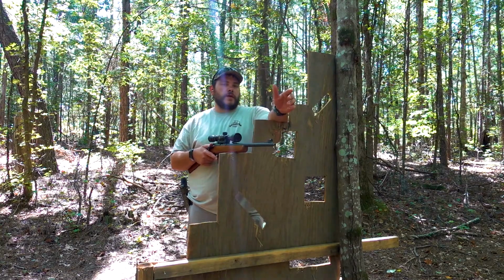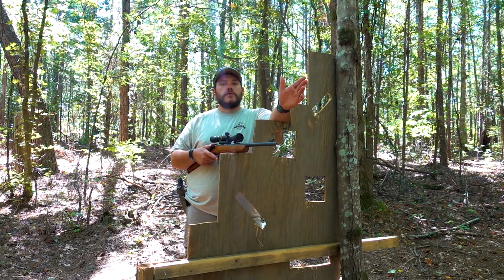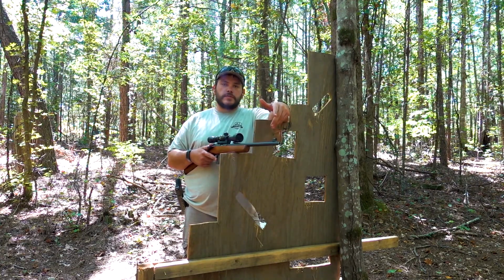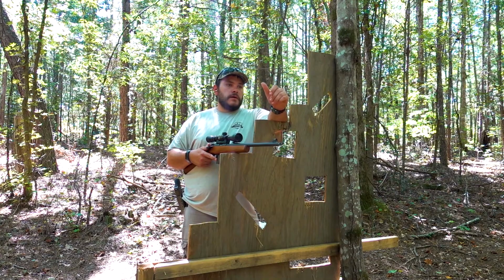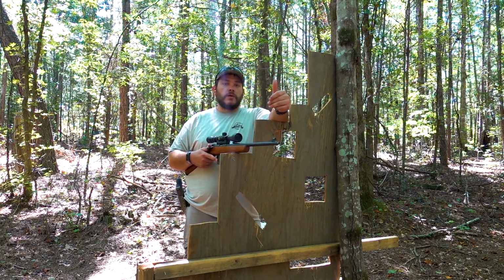some people sight it in, they think, okay, well now I'm good up to 50 yards, or I'm good up to 100 yards, I'm good up to 200 yards. It really depends on your rifle and the ballistics on it. So obviously with a 22, usually it's going to drop a whole lot faster. So I'm going to actually, since I got it kind of zeroed at 50, I know I probably need to